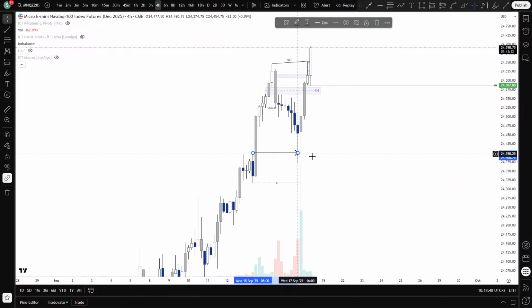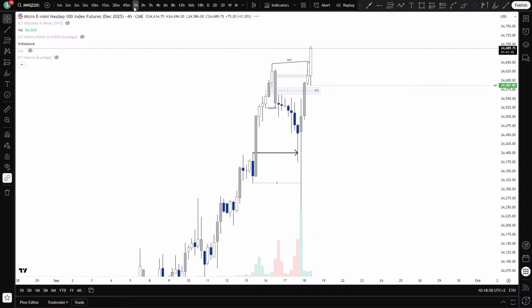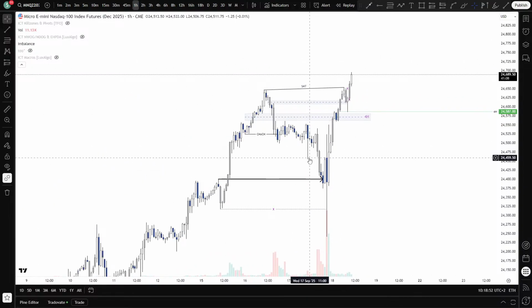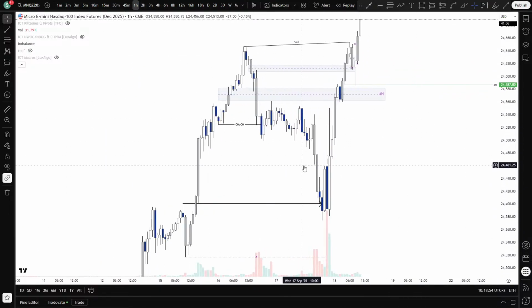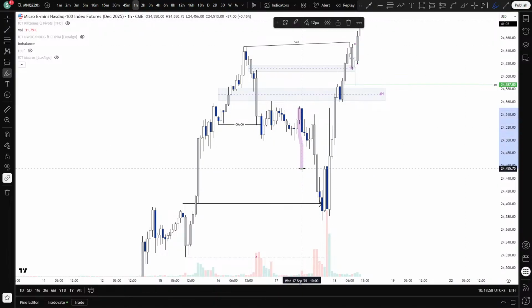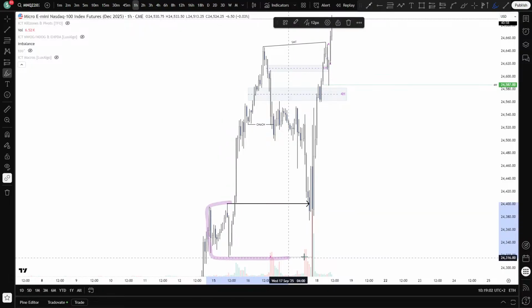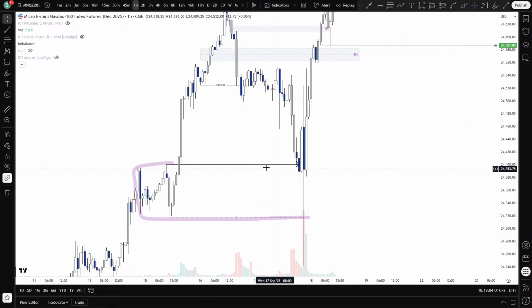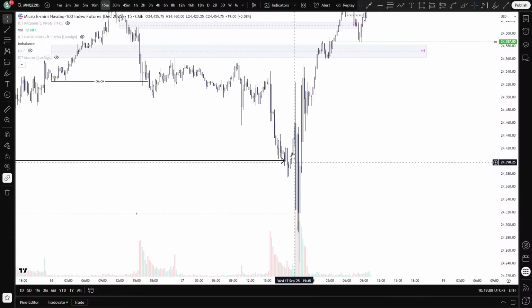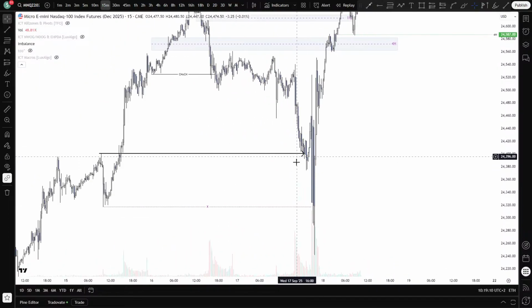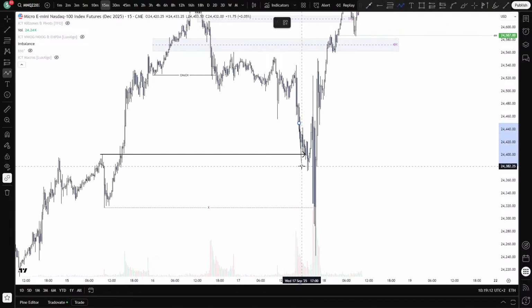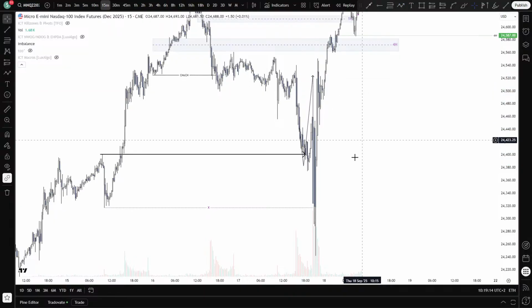I also pointed out this level. I said if this step, because this was our first step into our 4 hour PD array, is enough to bring us towards new highs, I'm looking at this zone. Just before the Federal Reserve meeting, we got a tap in there, a great reaction up, but the Federal Reserve